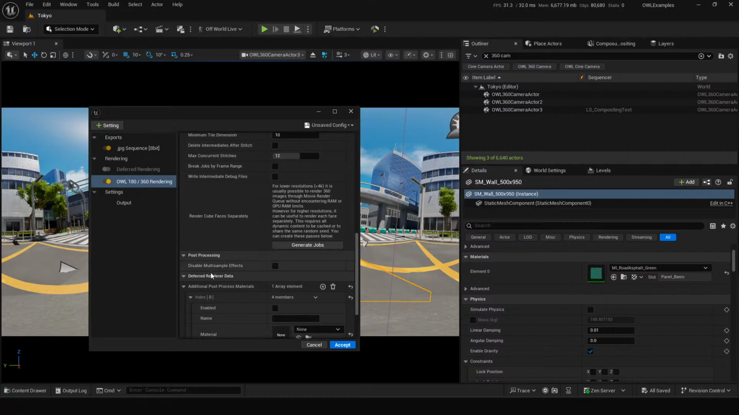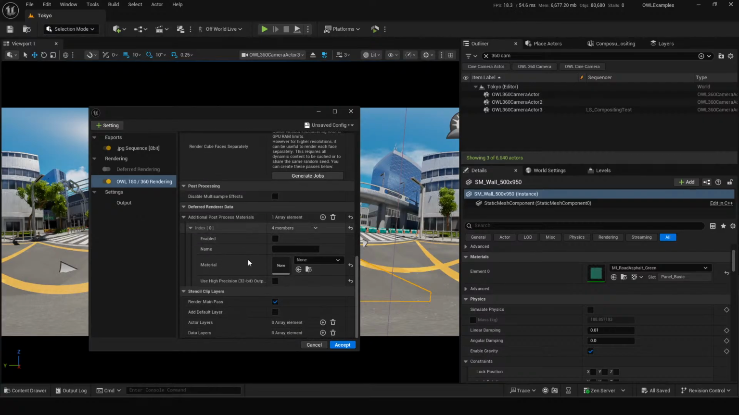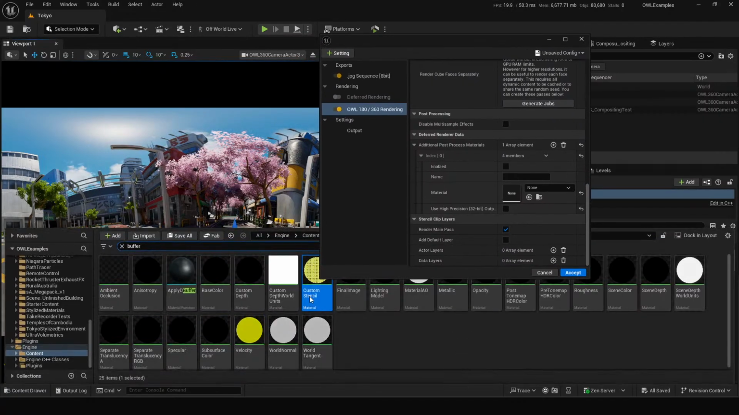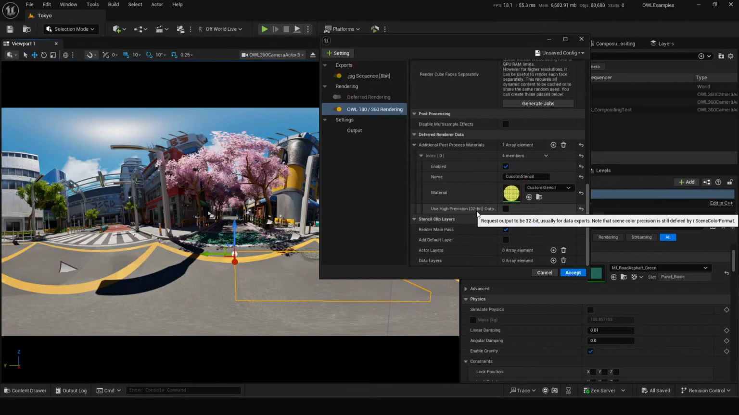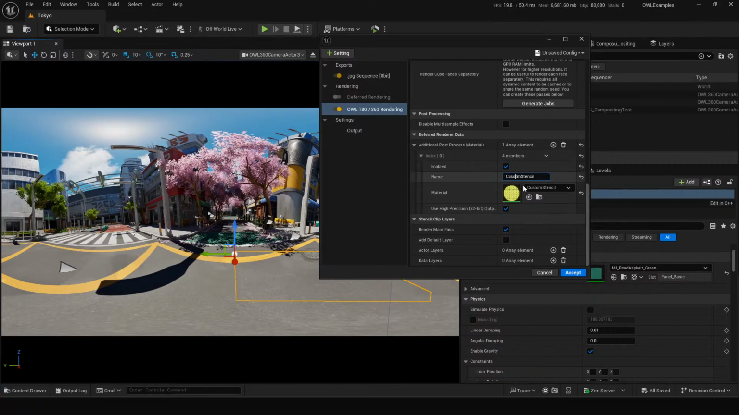We can add them down here, additional post-process materials. You've got this array where you can add materials. So yeah, custom stencil, for example, you can pop that in here. You can name it. Set it to enabled. You can tell it to use high precision if you're looking for quality in bit depth. Also, you can add extra anti-aliasing samples to smooth out these passes,